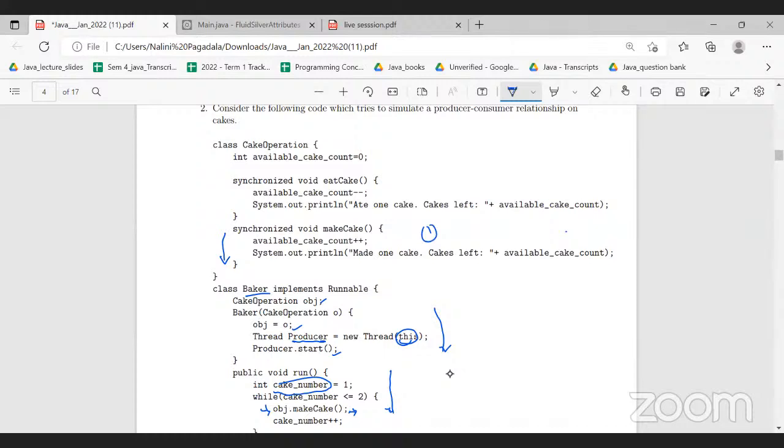Let us say at this time, before make cake, the consumer is executing eat cake. At that time the available count is 0. After coming inside this block, the available count will be -1, and it will print: ate 1 cake, cakes left is -1. The thing is, if the baker has made 1 cake,